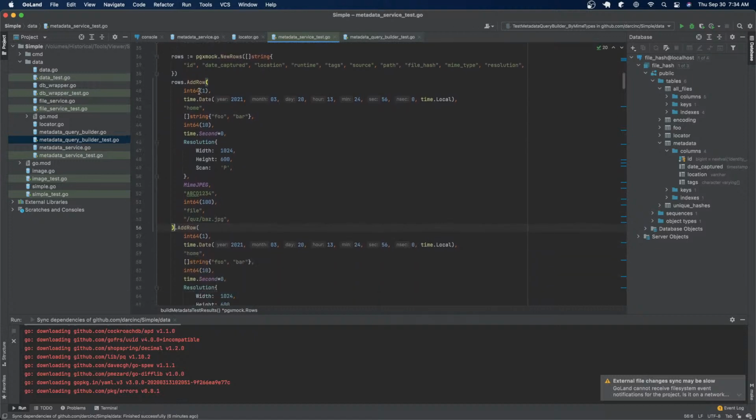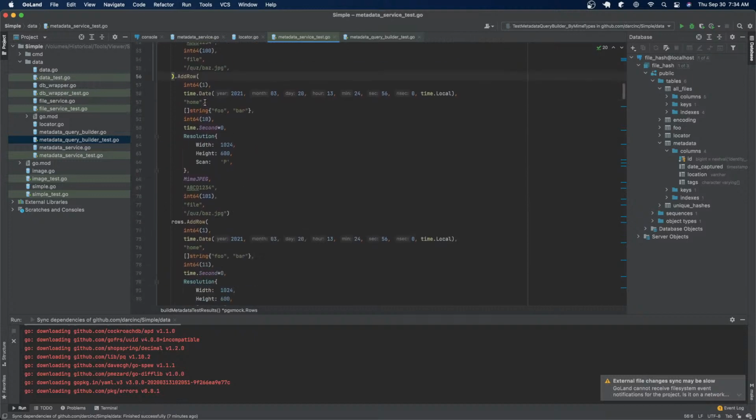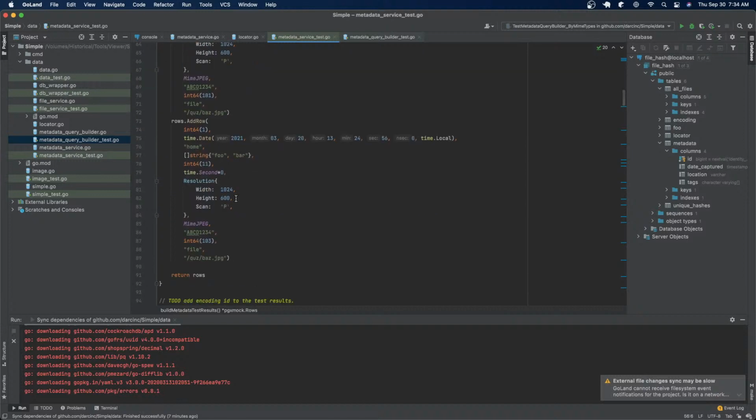So this would be metadata 1, and it would be encoding 10. So it's called encoding foo at a given location. So this is the same metadata, same encoding at a different location. This is the same metadata, different encoding